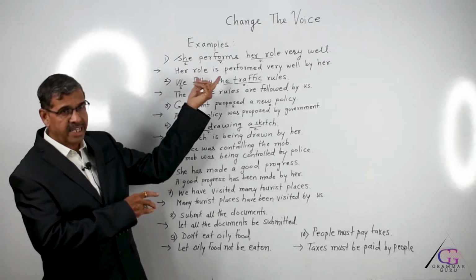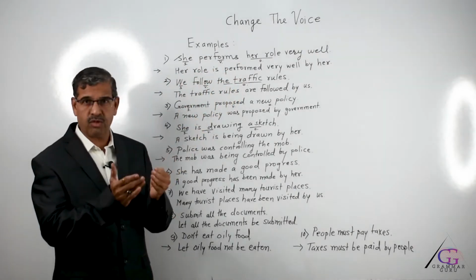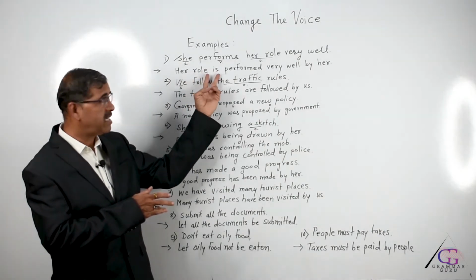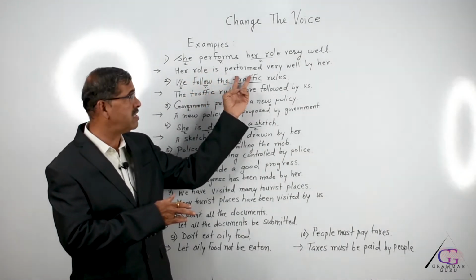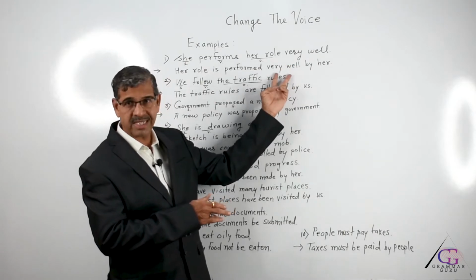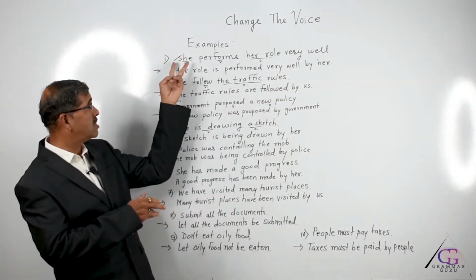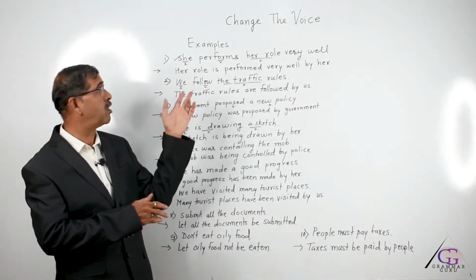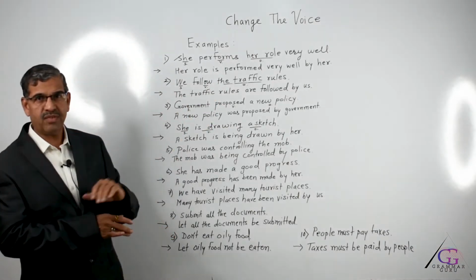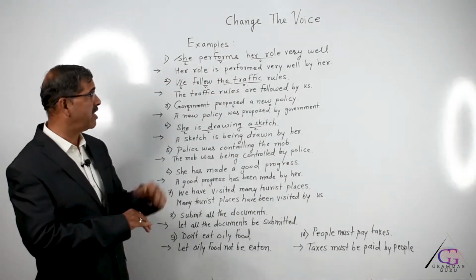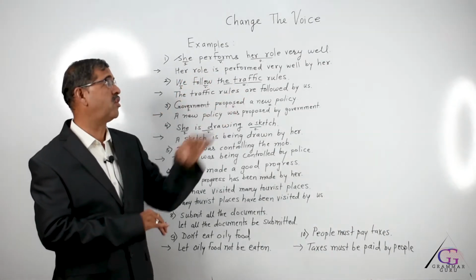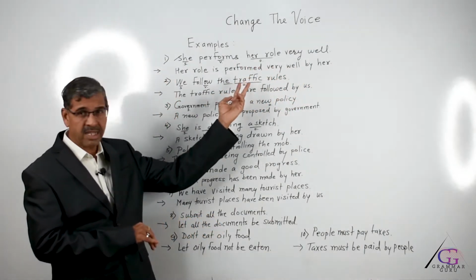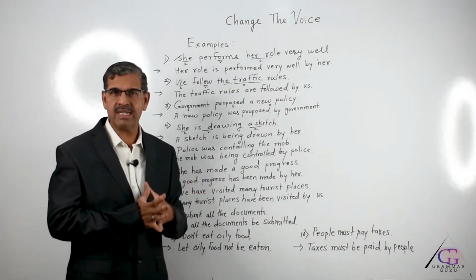So her role is, then performed is nothing but the V3 form, that is called verb in past participle. So her role is object, is is the form of the verb to be, performed is V3 form, very well is already given in our sentence, and in the end of the sentence, the subject of the given sentence will change to by her, because we have shifted the importance from subject to object. So I think the first answer is clear. She performs her role very well, and the answer is: her role is performed very well by her. Sometimes in a hurry, we write the words by her in between. It's not wrong, but it's not grammatically correct also.